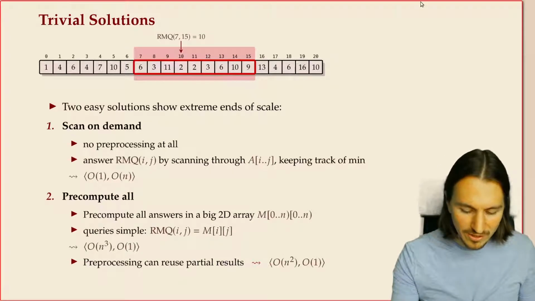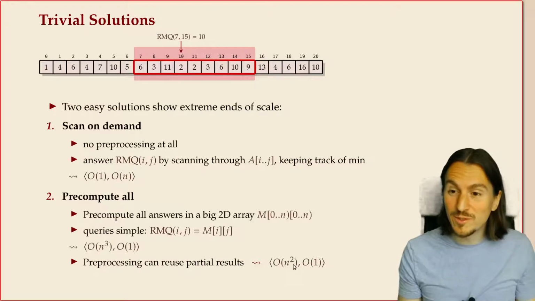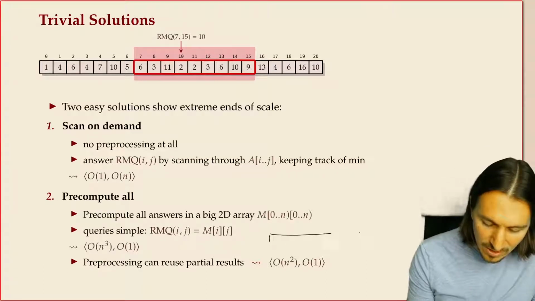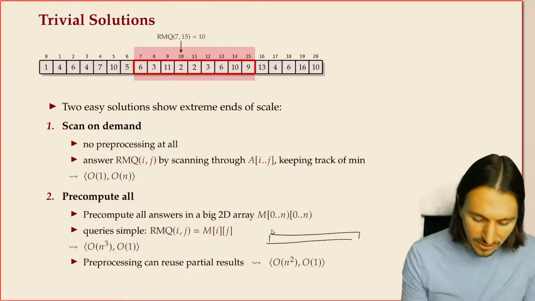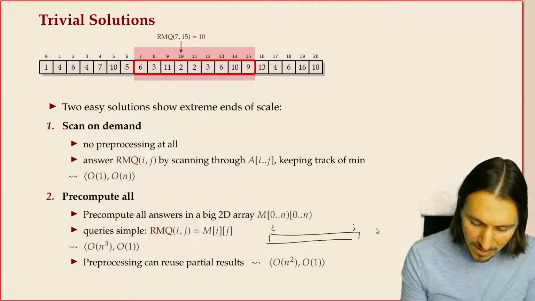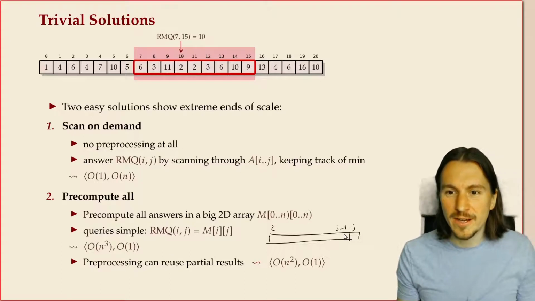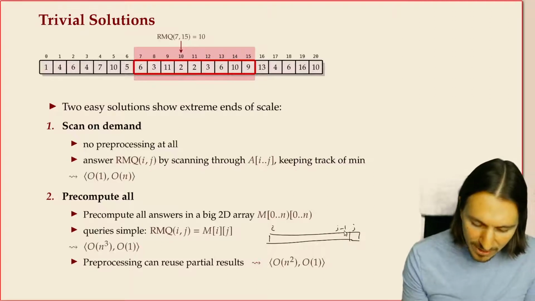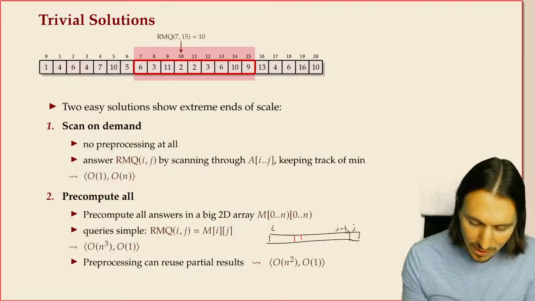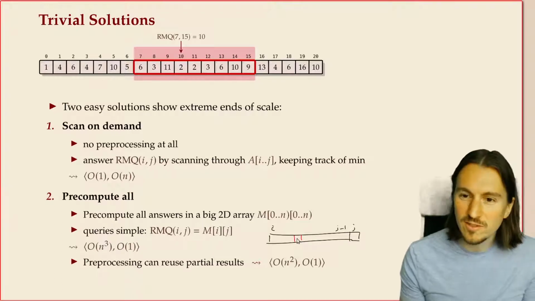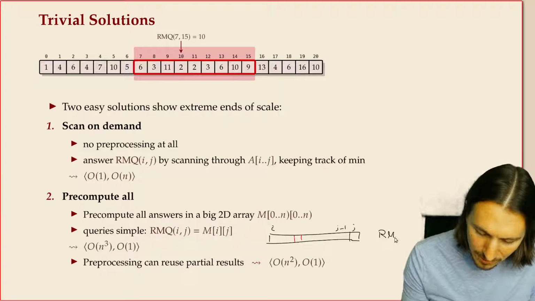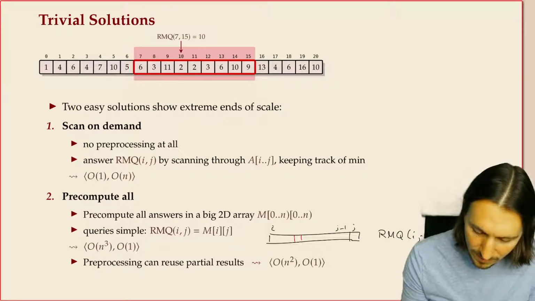A simple observation is that we can get the pre-processing time to quadratic, so filling the array in constant time per entry. And you can do this because if you have your current range i to j, you can take one element off, the last say, and then what is the possibility for the range min query in i to j? You can find where the range min is if you leave out the j, and that's maybe here. So then RMQ(i, j)